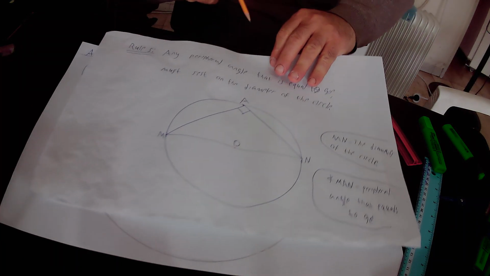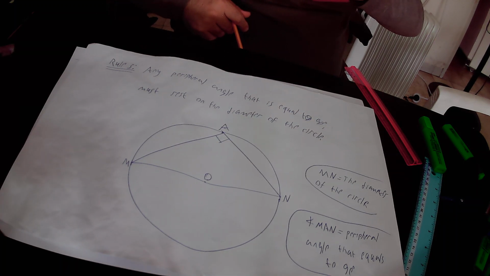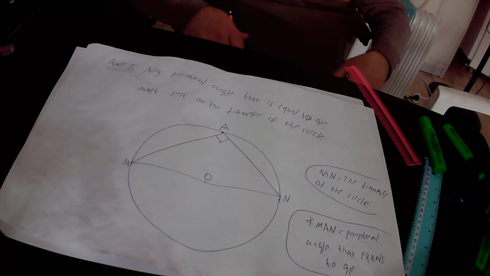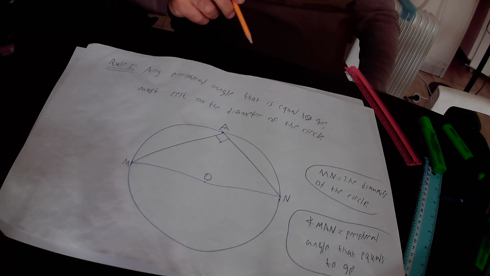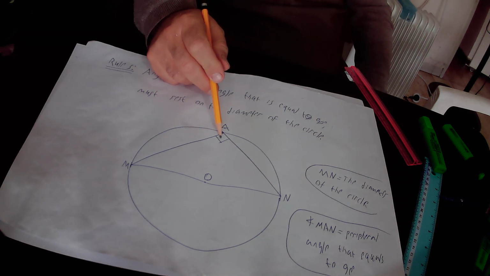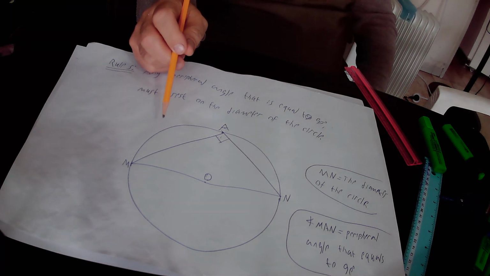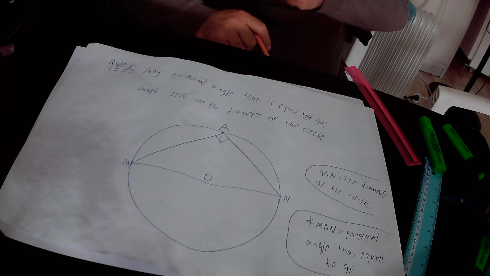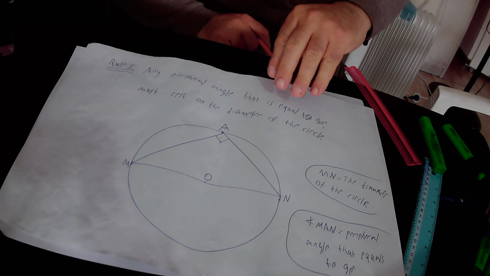Repeat again on rule 5: according to rule 5, any peripheral angle that is equal to 90 degrees in its size must be subtended on the diameter of the circle. We have here peripheral angle MAN. This peripheral angle MAN equals 90 degrees in its size, and it is subtended on MN, that is the diameter of the circle. So according to rule 5, any peripheral angle equal to 90 degrees must be subtended on the diameter of the circle. But here,